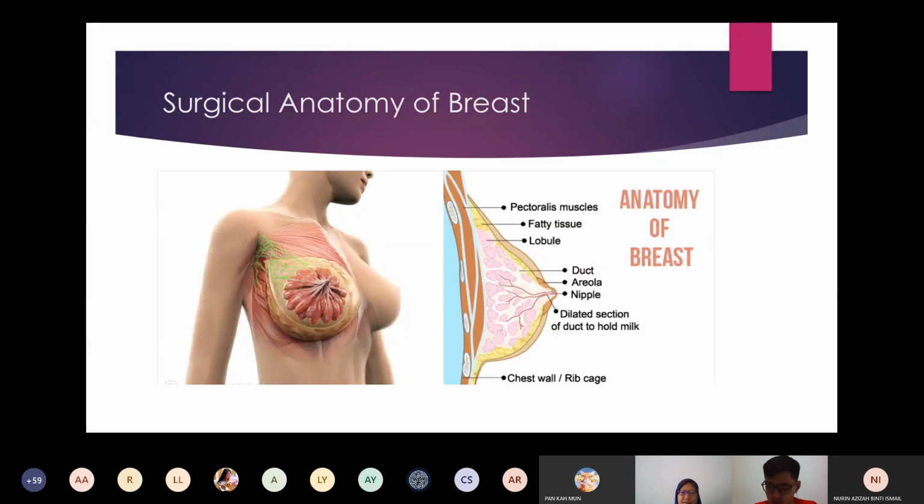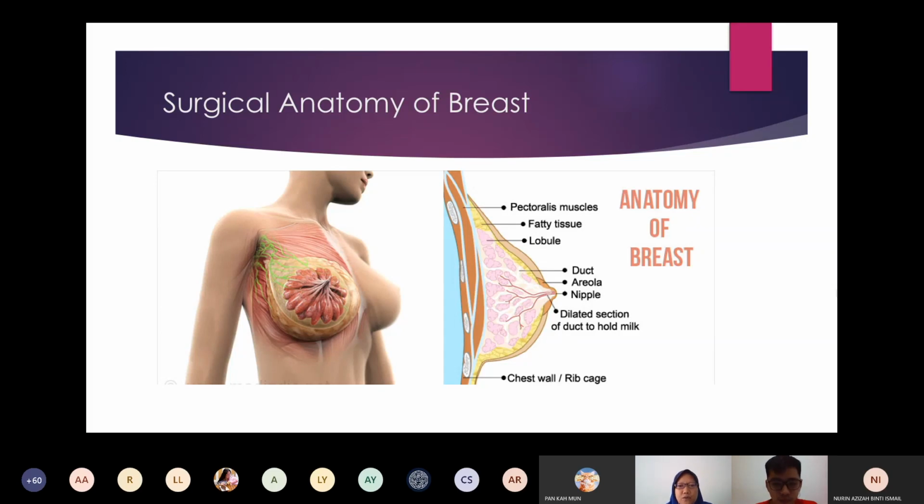From what I've read, 85% of the lymph drainage from the breast goes to the axillary lymph nodes, and the rest goes to the internal mammary lymph nodes. I'd just like to know, is this true, or do all of them just go to the axillary lymph nodes? Okay,